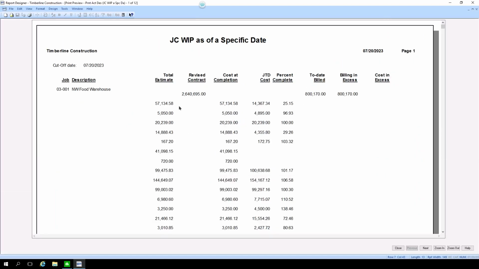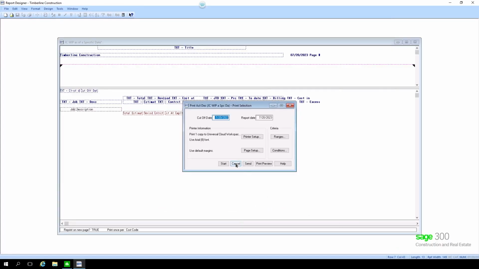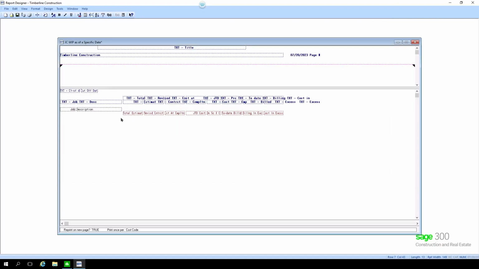Perfect. So now we can see we are getting information that's different per cost code, and we'll be able to put the cost code and description in there. Now let's go ahead and get our cost code and description and bring it in. Then we'll save the changes where we're at and take a look at doing effectively what we've done here over